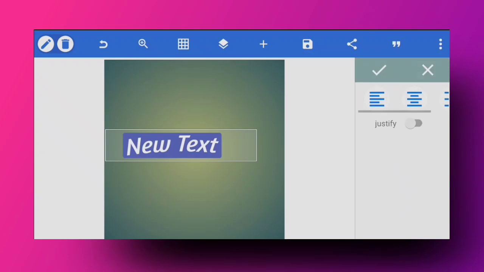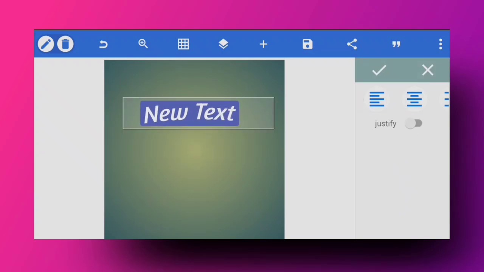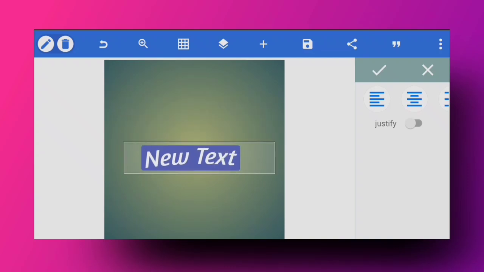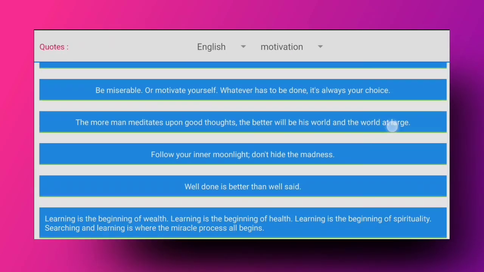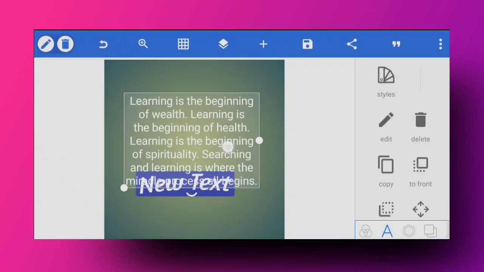Align. Now this function really comes in handy when you're creating infographics, and if you have a lot of text in your layers and you just want to use it in a particular way. I have a tutorial for a business poster where I have actually used this function. Sometimes you really do want this, so let me show you. I'm just going to add some quotes over here, and add this text here.